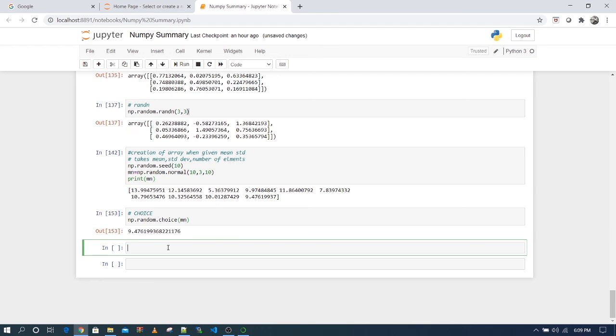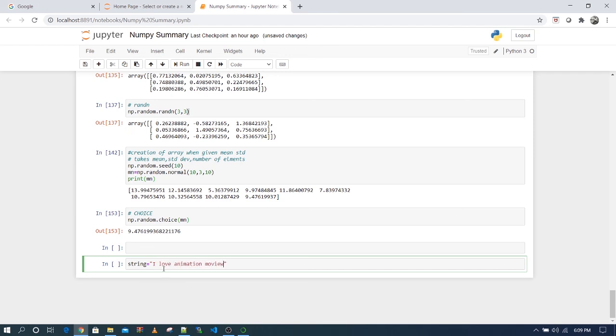Now we have string operations. Basically, suppose you have a string like "I love animation movies very much", and then basic functionality like lower.